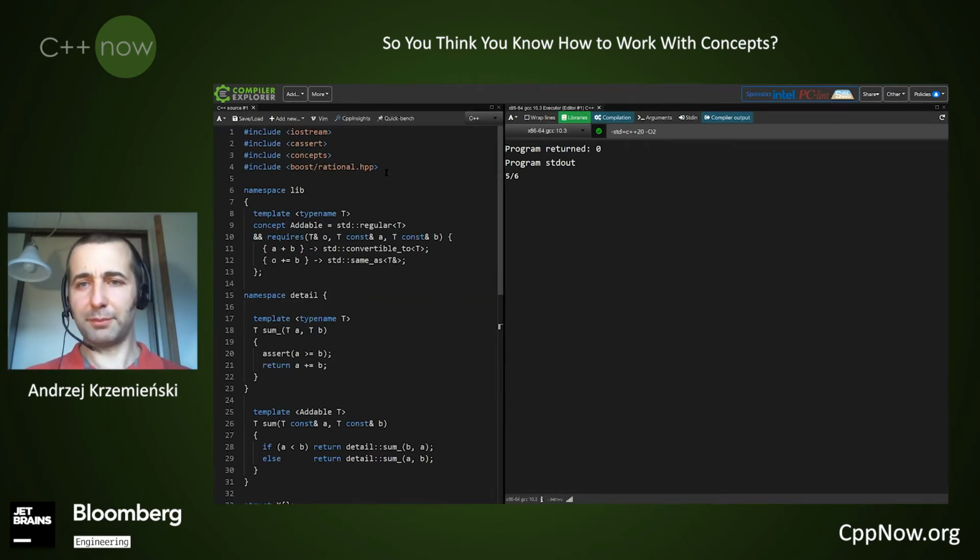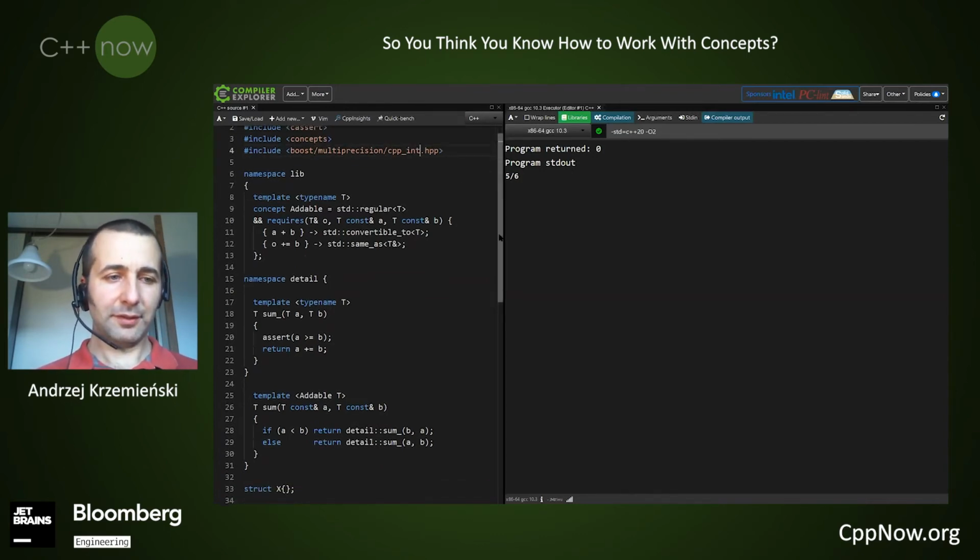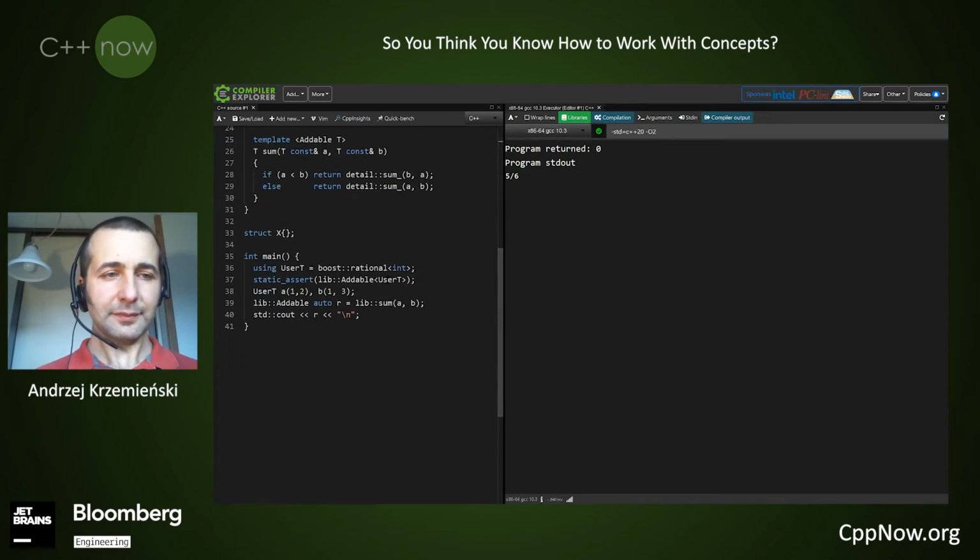This is for storing those big ints that we have to allocate memory for. Multi-precision cpp_int. This is the default implementation of the big int. This time it's not a template.